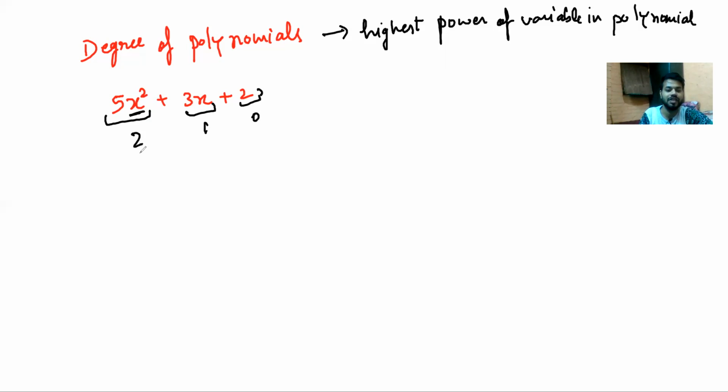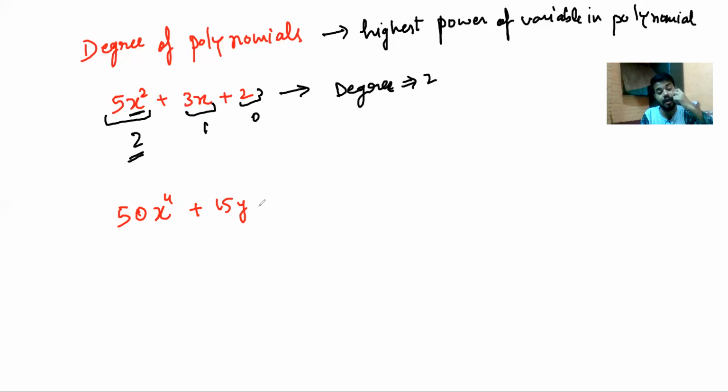Okay, so what is the highest power? The highest power is 2. So we will say that the degree of this polynomial is 2. Degree of this polynomial is 2. Okay, now look at one more example. Let's say 50x raised to power 4 plus